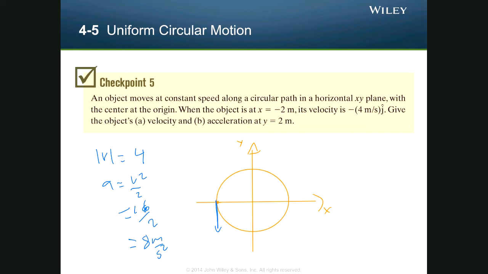So let's go to y equals 2. That's here, right? So we have to get this arrow and sort of transport it over to y equals 2. And here we can see at y equals 2, it'll look like this. And so we notice that the velocity,